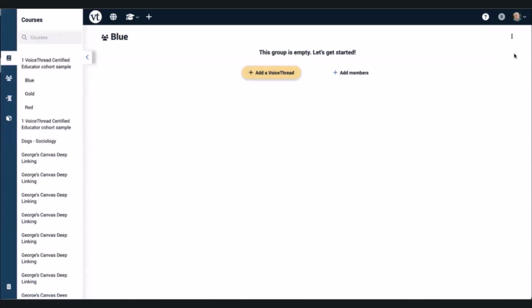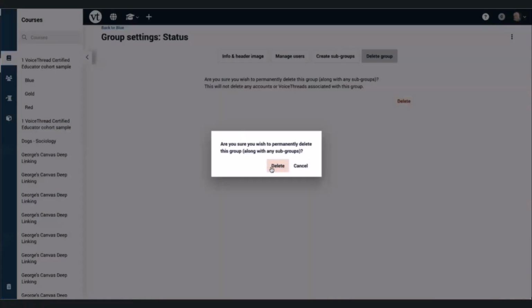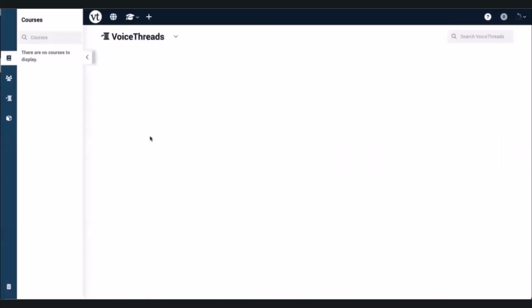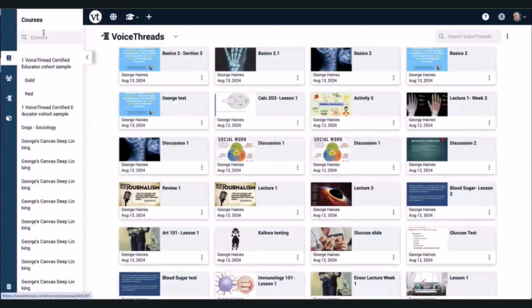And if I wanted to delete one of these subgroups, I could do that. I can go in here and click delete group, delete, and delete. All right, so that's the same principle. They all work the same way. And as you can see now, sometimes you may have to refresh your browser, but you can see the blue group has been deleted and the gold and the red are still there.